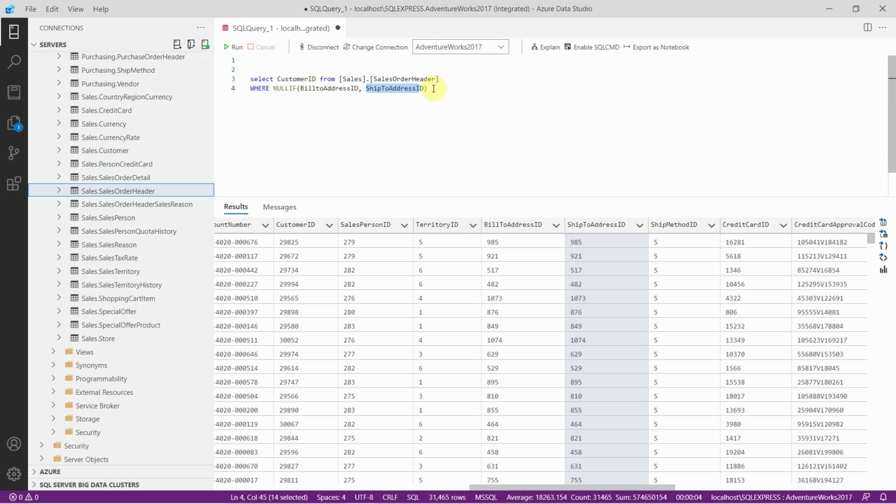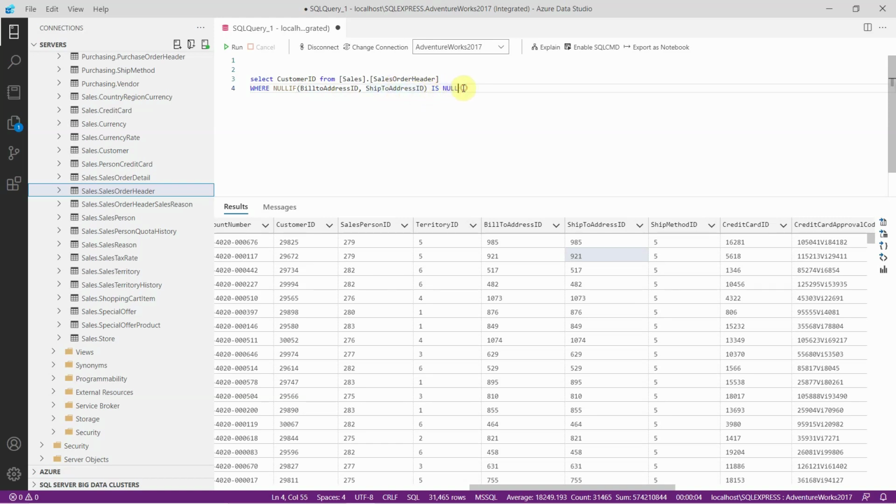So here what we are going to do is check the values of both these columns. If they are the same, it is going to return null. So we are going to verify this here. If both these columns, billing address ID column and shipping address ID column, are same, it will return a null.